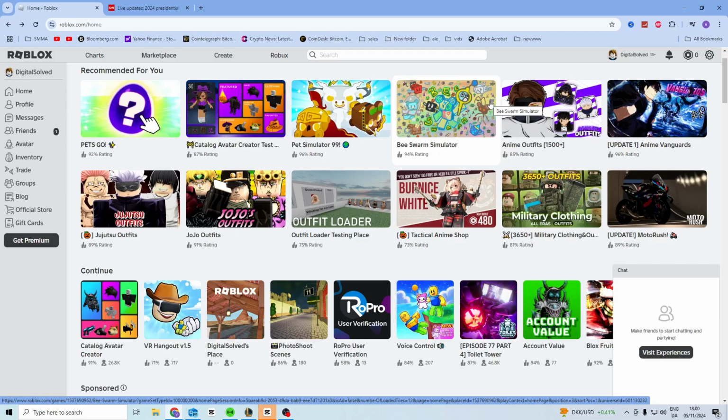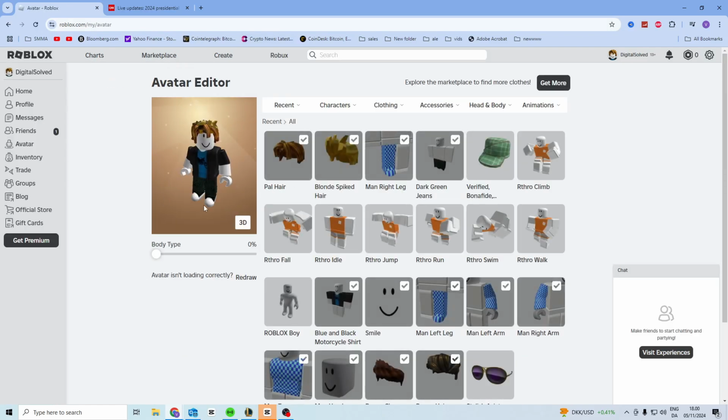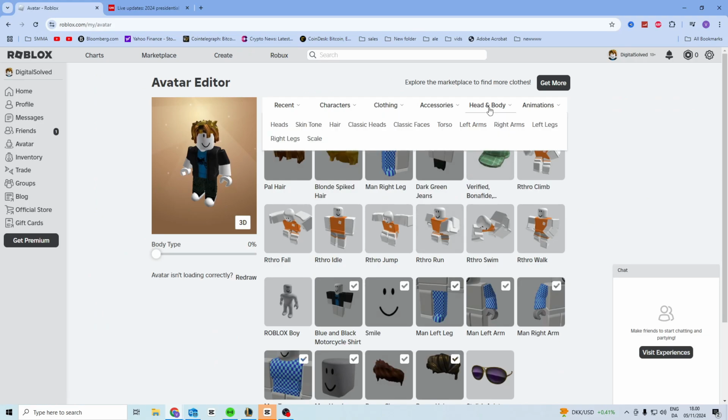In this video, I'll show you how you can change your skin tone in Roblox. Now the first step is you want to head over to roblox.com and log into your account. Once you're here, you want to find avatar on the left side. And once you can see your avatar, what you want to do is find head and body